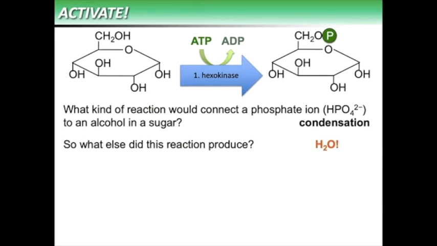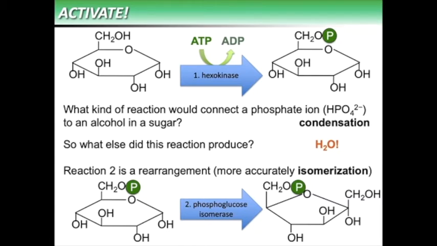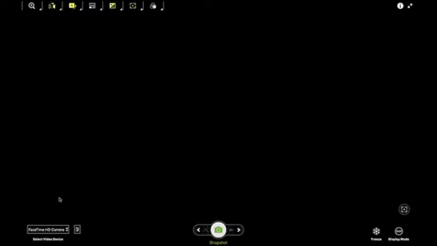Now, reaction 2 is actually nothing more than a rearrangement, technically an isomerization. So remember, isomer means that we have the same chemical formula but a different structure. And here I was just alluding to the fact that glucose can rather easily become fructose by way of a rearrangement. In fact, it's the same rearrangement that takes place and is responsible for the fact that fructose is a reducing sugar. The fact that glucose and fructose can easily interconvert by moving where that double bond is located means that when I have fructose, it can slide over and become glucose,